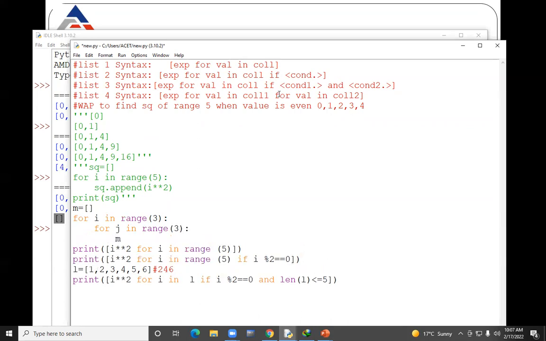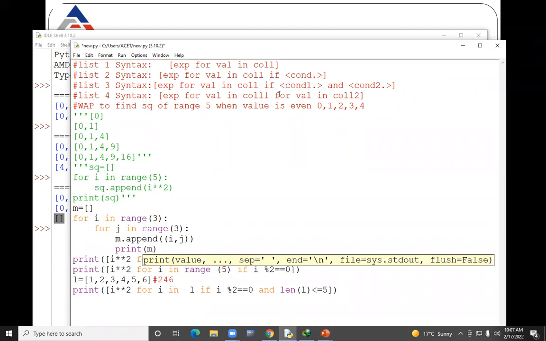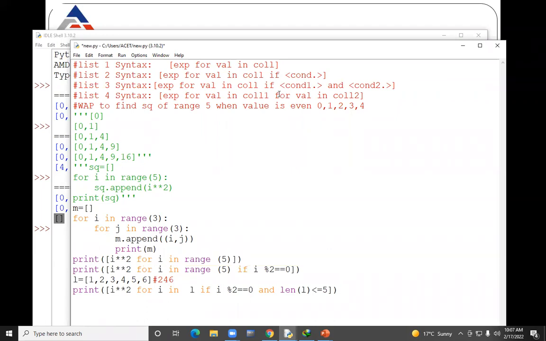And then there is M dot append the value of I comma J. Okay, this will get appended over here. I will write 2 parentheses. This will not make any difference, and print the value of M over here if I want to get the final value. Okay,